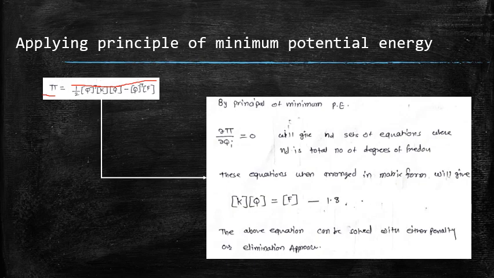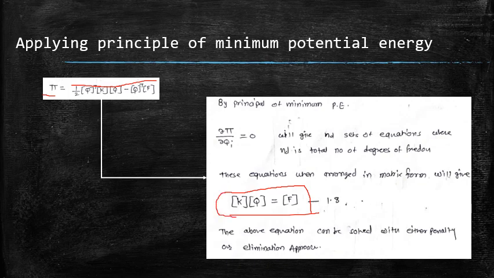How many equations will be obtained in our case? There will be 12 equations because there are 12 values of qi, q1 to q12, because 6 nodes are there and per node there are 2 degrees of freedom. So 6 into 2 is equal to 12. In matrix form, these equations can be written as kq is equal to f. Remember, this is the last outcome of our exercise. K into q is equal to f.